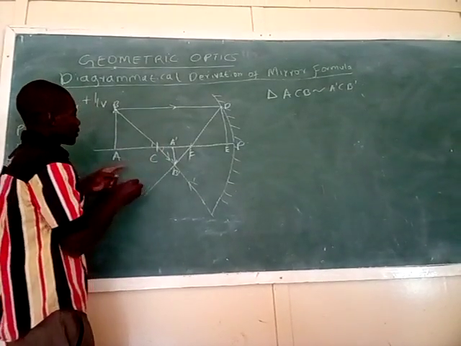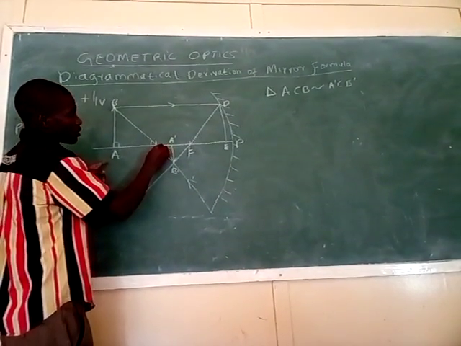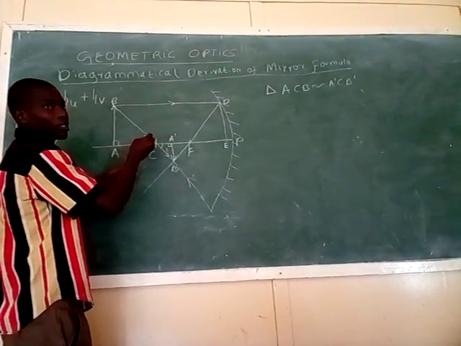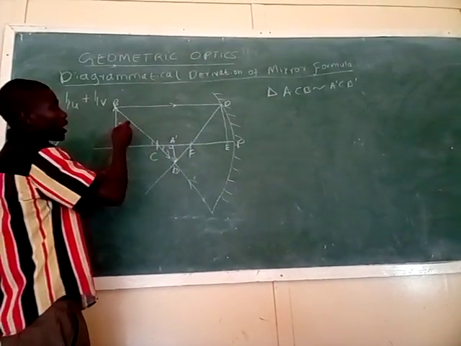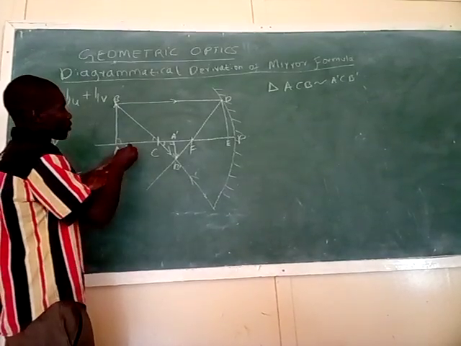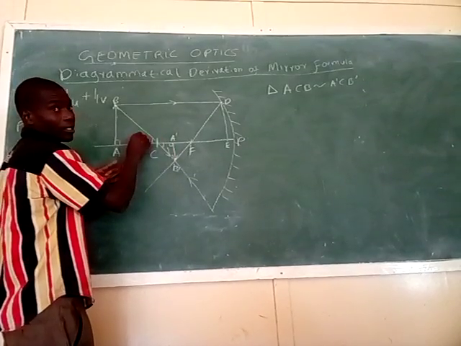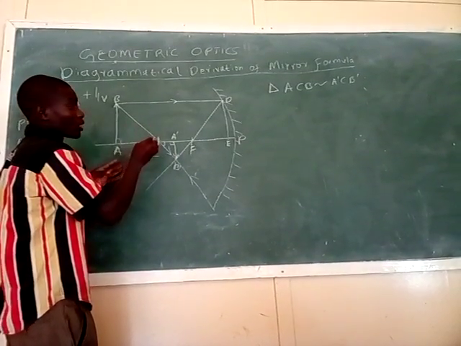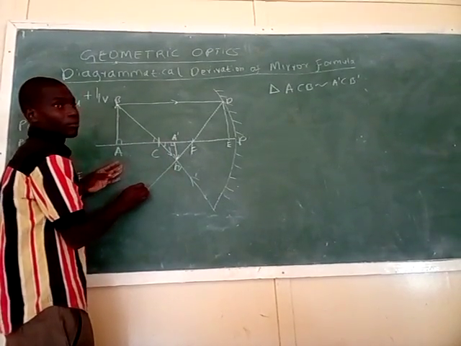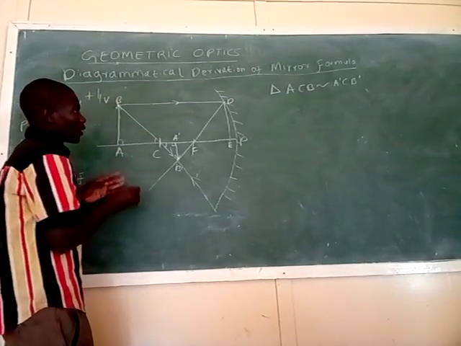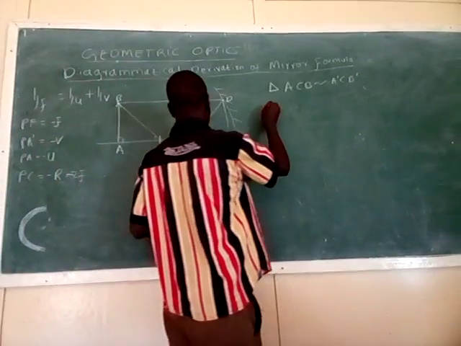These triangles are similar in that this angle is the same as this, isn't it? And this one is also the same. Opposite angles are equal, and since two of these angles are equal, corresponding angles are equal, which means all the angles are the same. Therefore, these two triangles are similar. Once you realize that two triangles are similar, it means that the corresponding sides